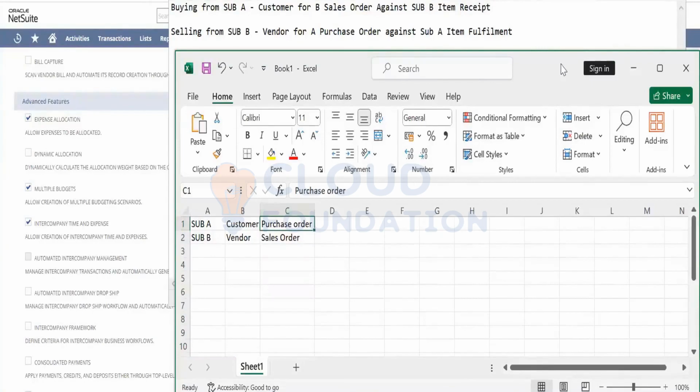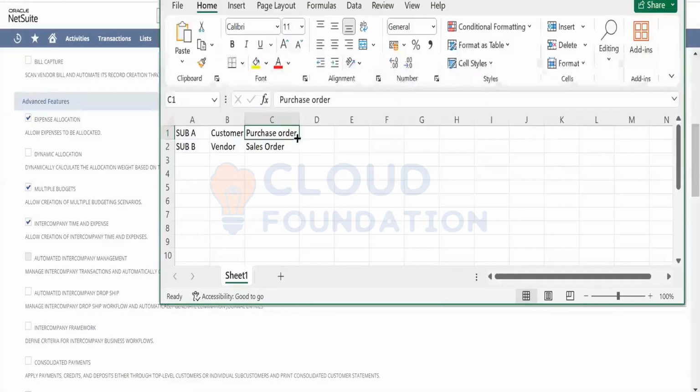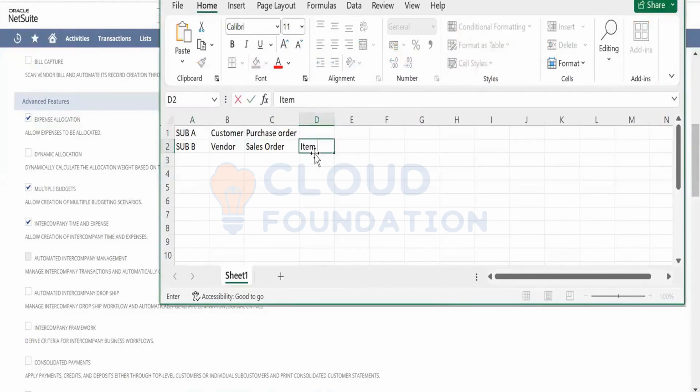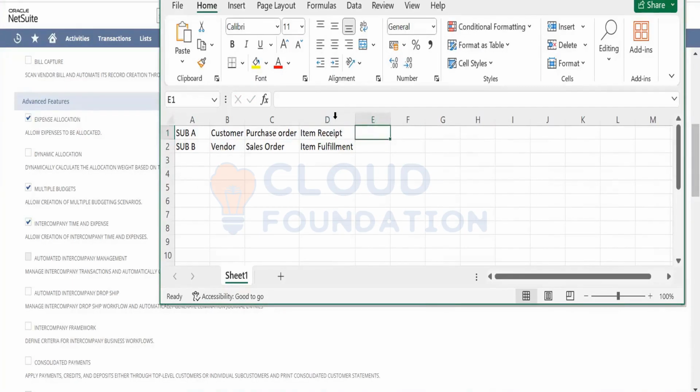Correct. So first, what will happen? The item goes out of subsidiary B through item fulfillment. And then on subsidiary A, there is an item receipt and they accept the material. Got it? I think it's clear now.